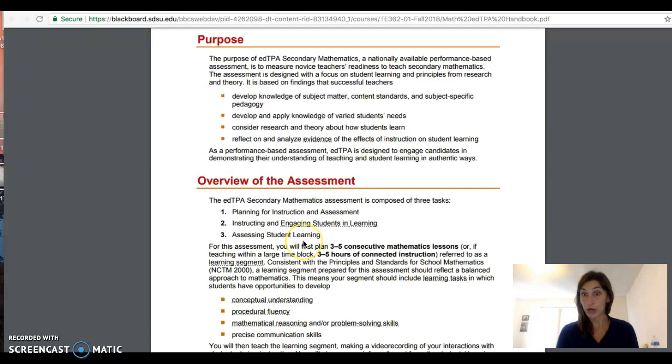We're videotaping ourselves for 3 to 5 hours, either a math lesson consecutively or connected, depending on if you're on a block schedule or not. Your segment should include learning tasks that give students the opportunity to develop a conceptual understanding, such as not just knowing the surface area of a prism formula, but understanding how we're getting that formula and deriving it. Procedural fluency, which is creating the mathematical music for the students to understand, and mathematical reasoning and/or problem solving to give students a relational teaching as opposed to